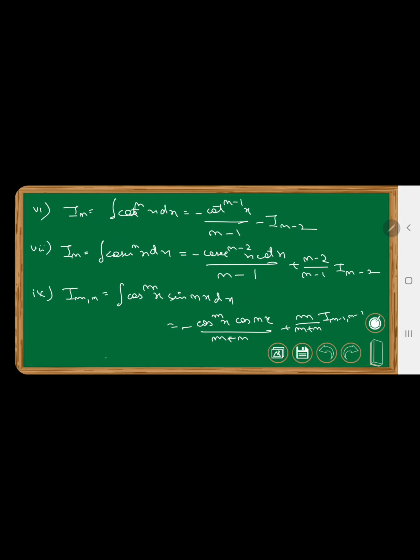So suppose you are given the integral from pi to 2 pi of cosec square x dx. You can put the values here and find out the actual value. So I n minus 2 you need to find out at that moment. In this way you must go on: I n minus 2 will lead to I n minus 4. Clear? Okay.